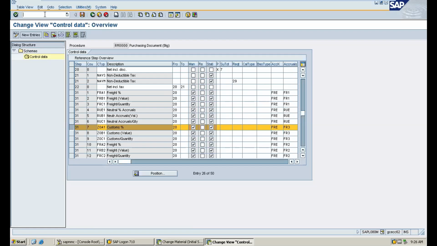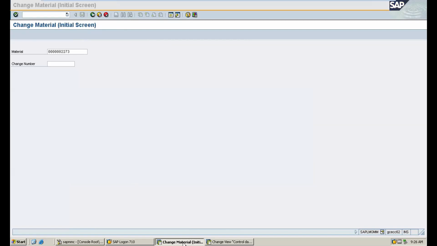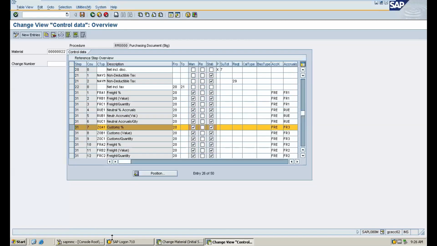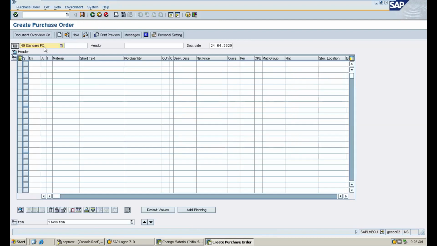Now go to /n ME21N. This is for creation of a purchase order. Material is 2273.